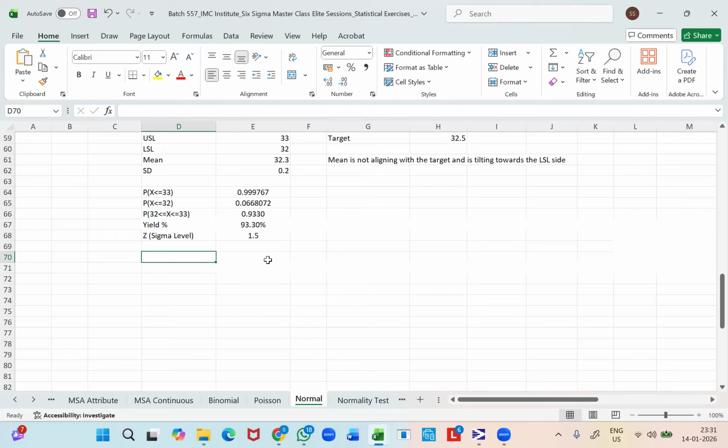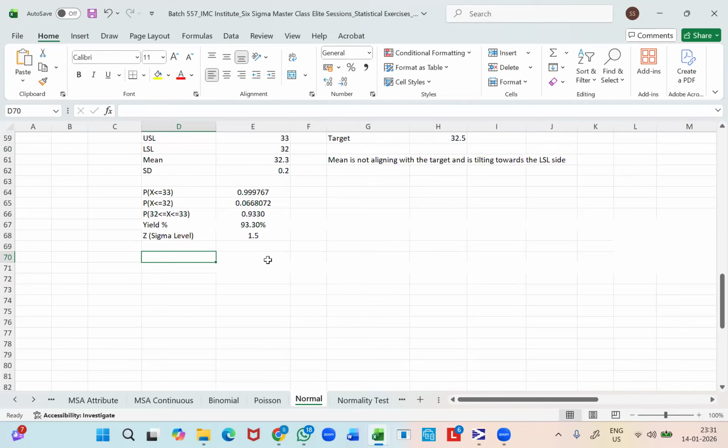the best position for mean is to align with the target. That is where mean can actually provide its best performance. If the mean moves away from the target, either on the left hand side or on the right hand side, the performance will obviously deteriorate, and that would be reflecting in the sigma level value as well, right? So now I'm going to make an assumption that the first objective of Six